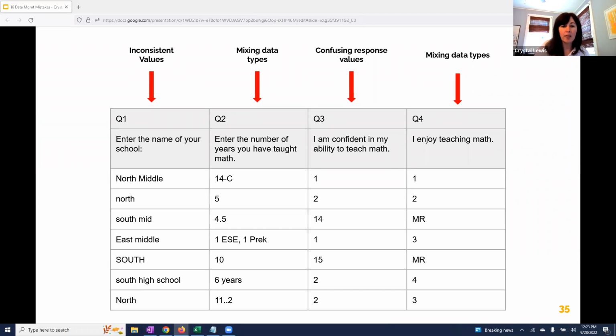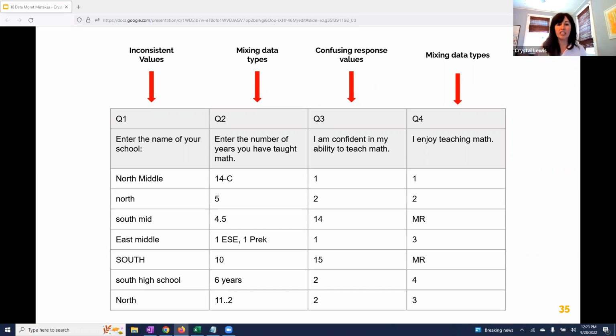And in this last column, again, this variable should be numeric, but it's forced to be a string variable because the missing response values are being coded as text, as MRs. So we would want our missing values to also be numeric, so this will be a numeric variable. And last, we can see that our variable names are really unclear. We want these to be named something more understandable.